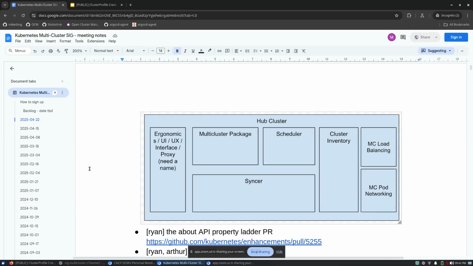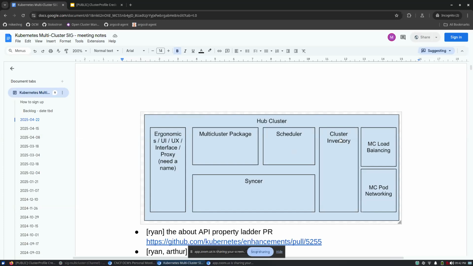It doesn't have to be a control plane, but it essentially represents a cluster that holds a bunch of multi-cluster stuff. What the SIG MC community are saying is, okay, we're gonna have the cluster inventory,